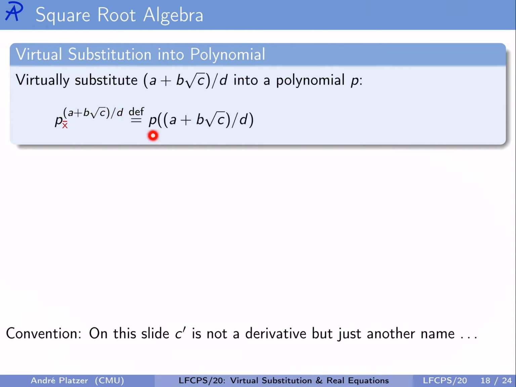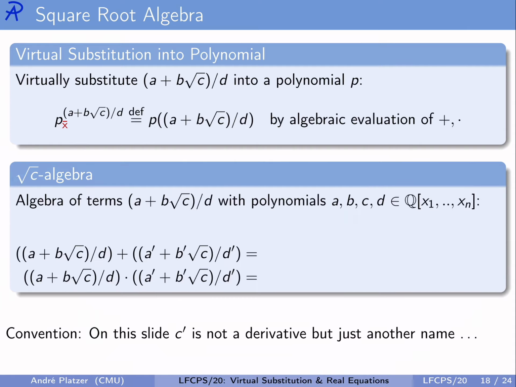If you plug in the a plus b times square root of c over d into a polynomial, we're just evaluating the additions and multiplications in it. How? Well, by wondering if we have one expression plus another expression of the shape,